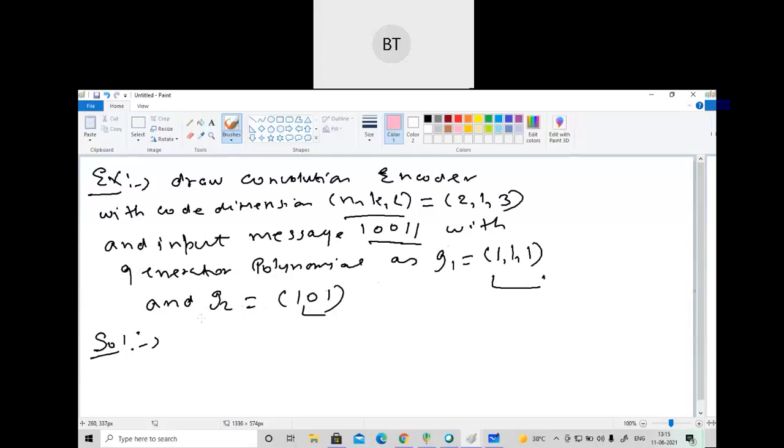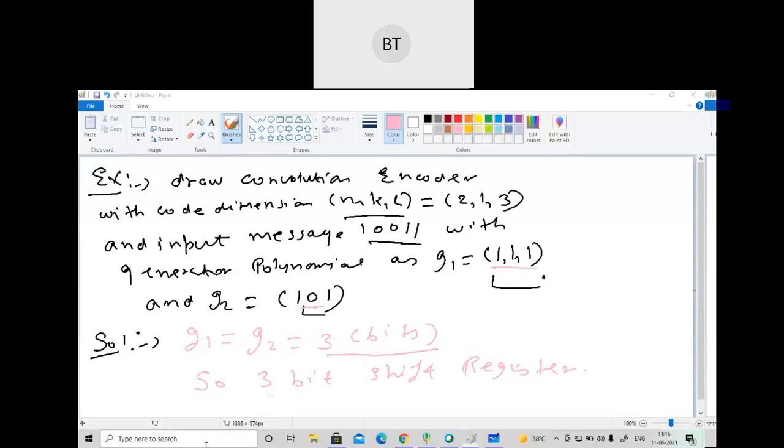First of all, we will write here: what is the bit number? G1 and G2 have 3 bits, so 1, 2, 3 here and 1, 2, 3 here also. So I'll write here 3 bits. What we can say is that 3 shift registers can be used, so the value of L will be 3. From there I can conclude that a 3-bit shift register will be used here. G1 has 3 values and G2 also has 3 values, so G1 and G2 have 3 bits, L will be 3, and 3 shift registers will be used.